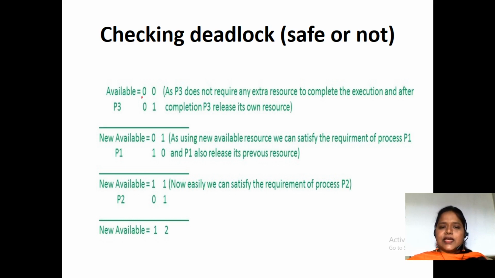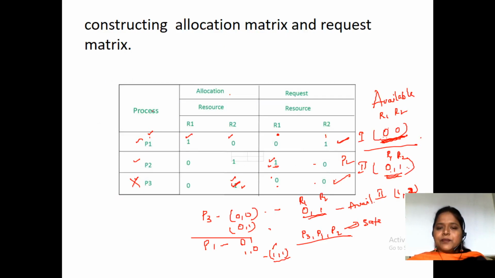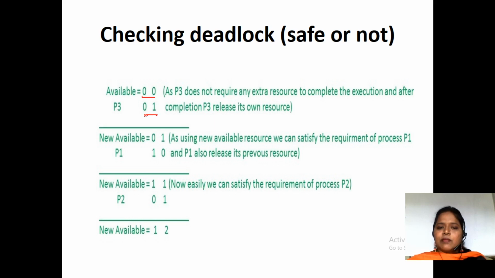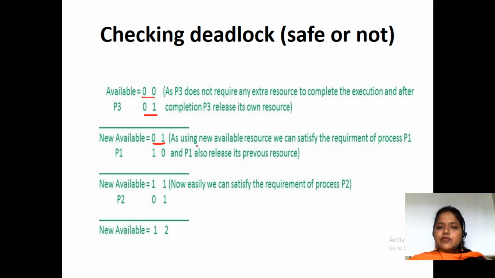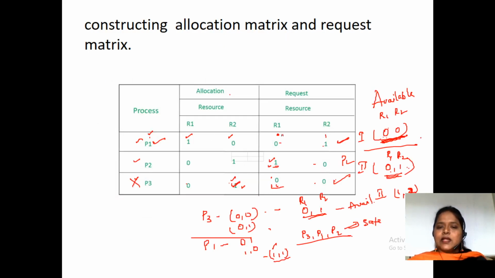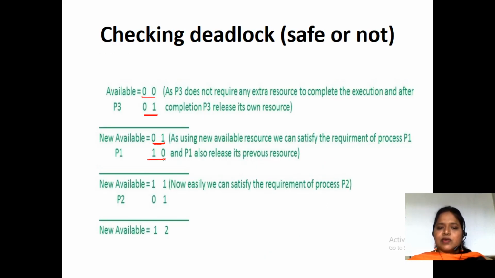So initially the available resources are 0 0 and P3 is fulfilling this 0 0. So it releases 0 comma 1. So 0 comma 1 P3 releasing. Now this 0 comma 1 is available. So can we fulfill anything? 0 comma 1 in the sense P1 can be fulfilled. P1 is fulfilling and what will P1 release? What is the allocation? 1 and 0 it will release. P1 will release 1 and 0.